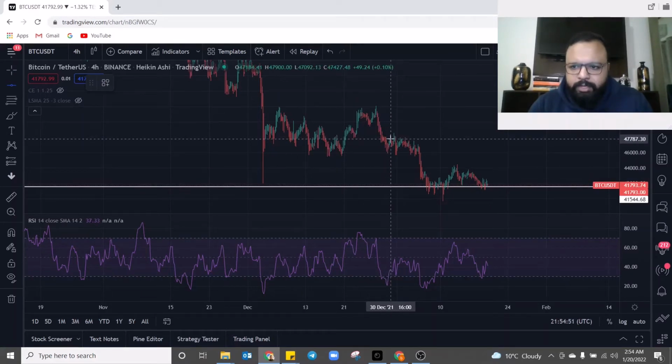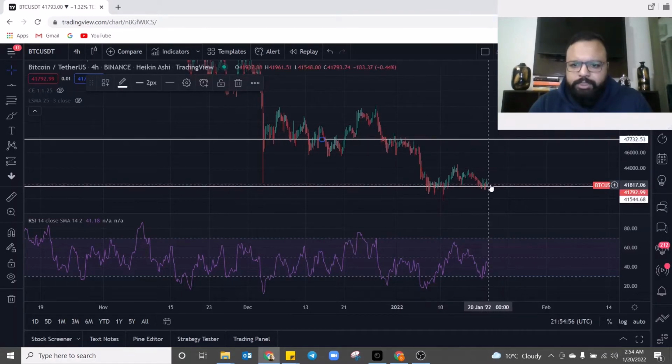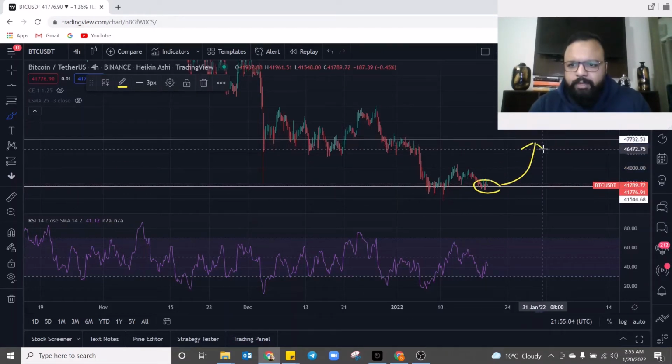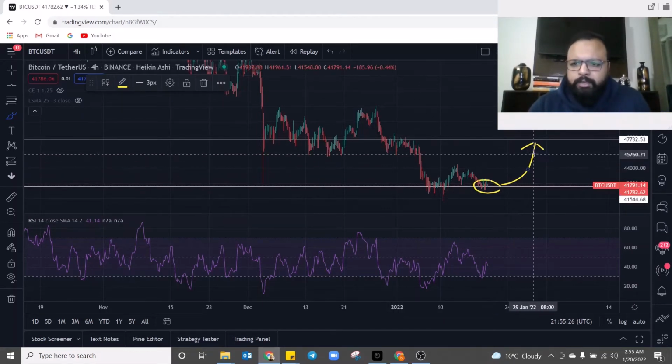It's going to be right here. So now that becomes a region of resistance for the current price. As you can see, Bitcoin currently trades right here, and if it goes up, it will have a strong rejection from 47,000. So we can say that this is a region of resistance, and this is a level of support. And right now we are trading very close to our support, and this is a great support. Bitcoin has been stuck here for quite a while, for a couple of days now, but still the market is